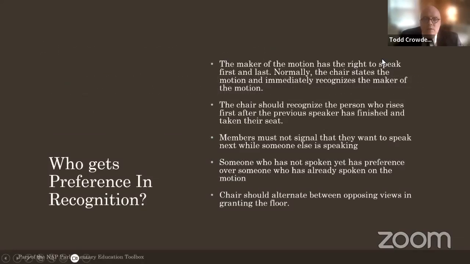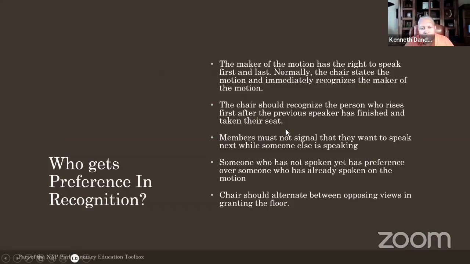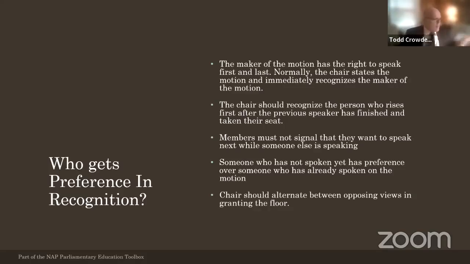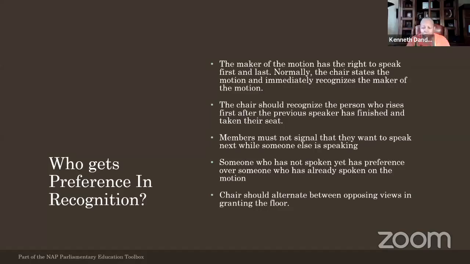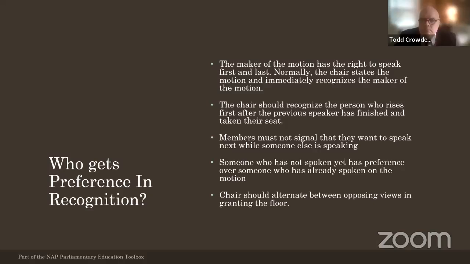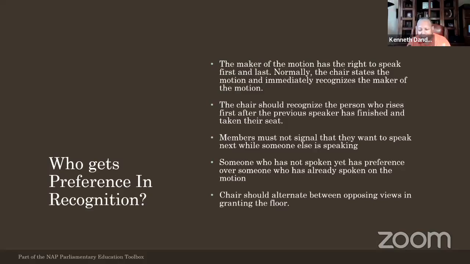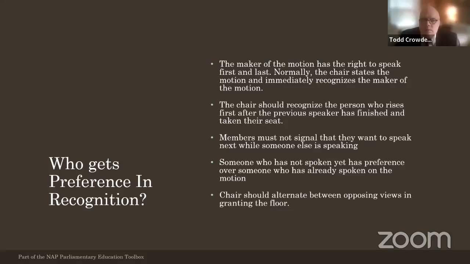Now, who gets preference in record? Oh, I'm sorry. We have a question. My question is, you were talking about the bylaws being higher than Robert's Rules of Order. Yes. So if there's something in your bylaws, let's just say unbeknownst to you, you wrote it and it conflicts with Robert's Rules of Order in some kind of way, does Robert's Rules of Order still fall below the bylaws at that point, or will it take precedence? No, the bylaws completely supersede Robert's Rules of Order.